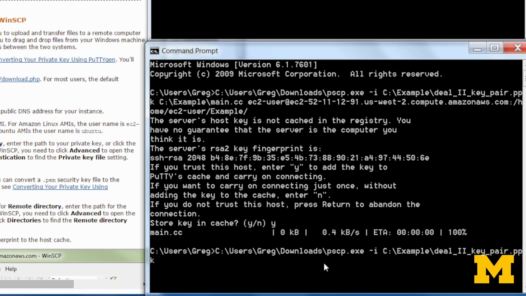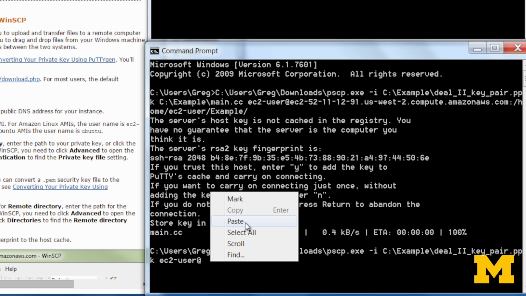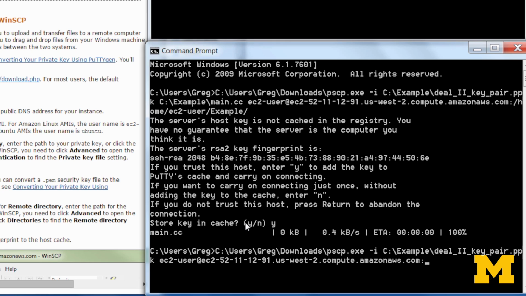Now I'm going to transfer that main.cc back from AWS to my own computer. It's essentially the same command, only switching the last two. So first I'll do the ec2-user at the DNS, paste that, and I want to copy the file